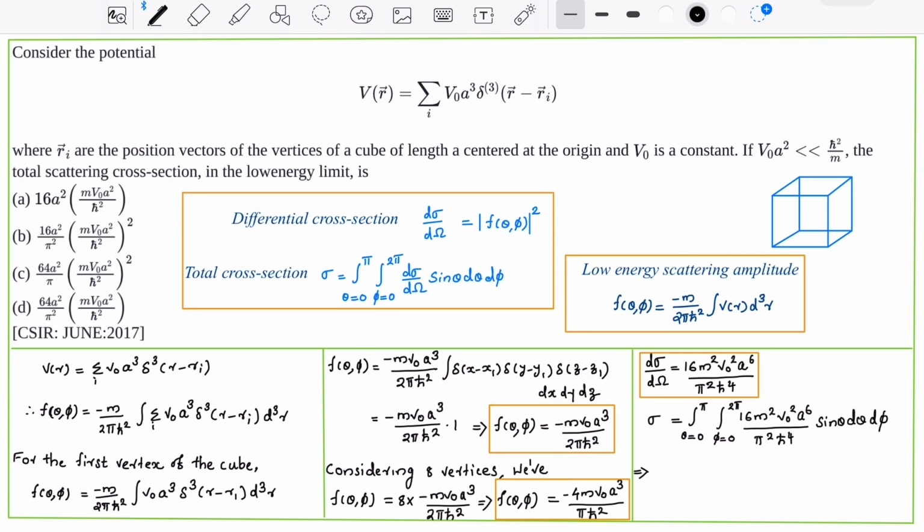This implies sigma is equal to 16 m square V0 square a raised to 6 by pi square h bar raised to 4 into 4 pi, because integral 0 to pi, integral 0 to 2 pi, sin theta d theta d phi is 4 pi. Therefore, our total cross section is, we can write it as sigma is equal to 16 a square by pi, then within bracket m V0